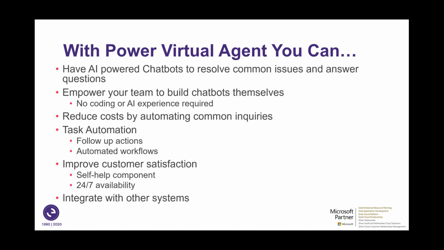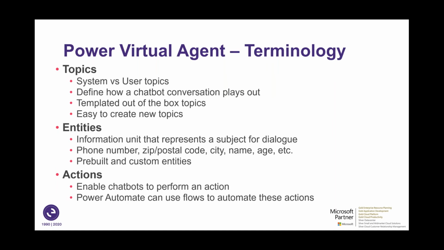I already addressed the integration with other systems and how it's very conventional in terms of doing that, and pretty natural and seamless as well. And again, on the next slide here, I'm going to talk to you more about what the different components of a Power Virtual Agent are, and then I'll hand it over to Pierre to show you these ideas. But essentially, there's three main components of a Power Virtual Agent. There's topics, entities, and then there can be actions.